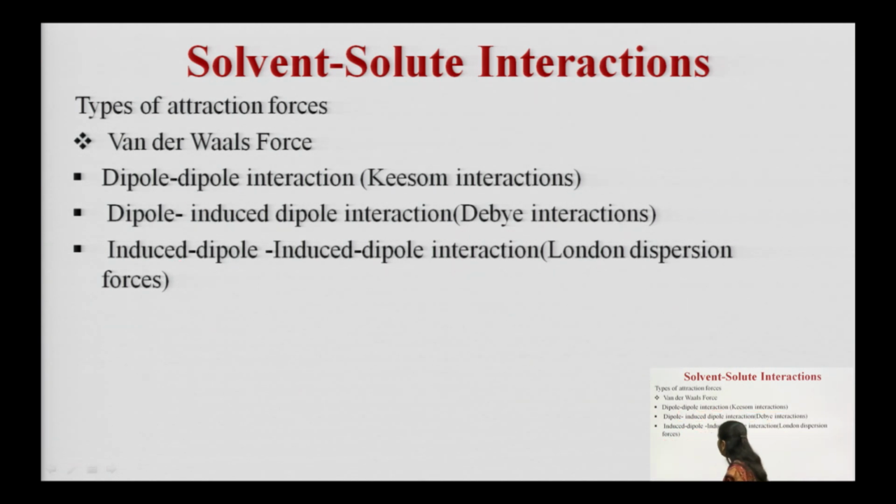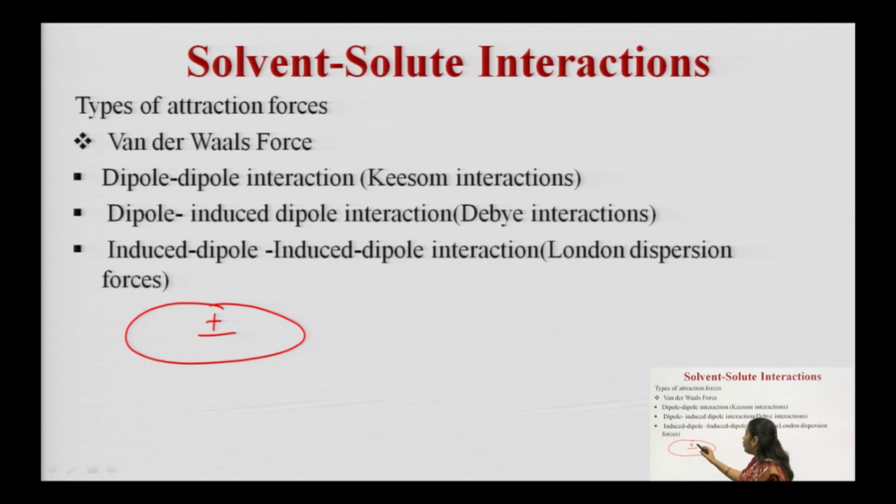Then we will discuss non-polar molecules. We all understood what polar molecules are. Now we will discuss non-polar molecules. In non-polar molecules, what happens? There is no sufficient electronegativity difference between the two atoms, so the bond electrons are equally shared between both atoms.